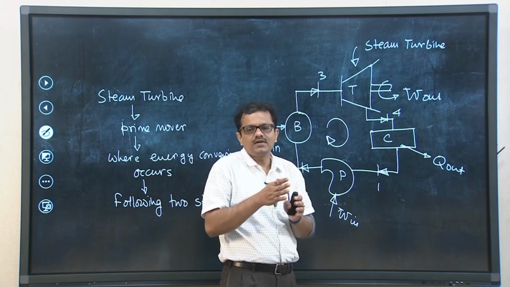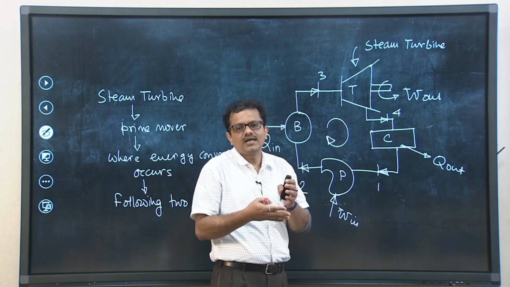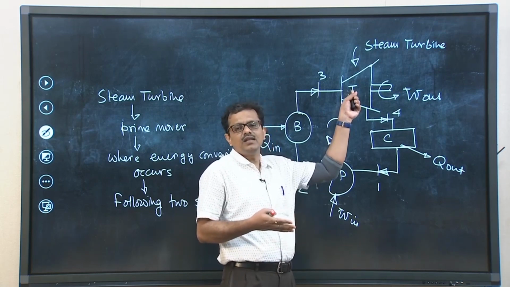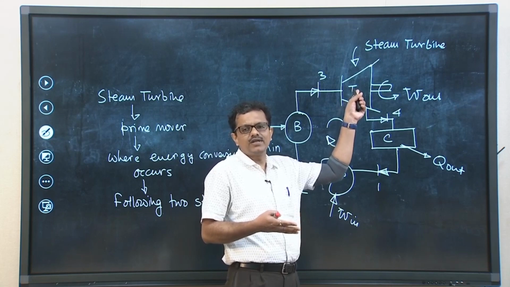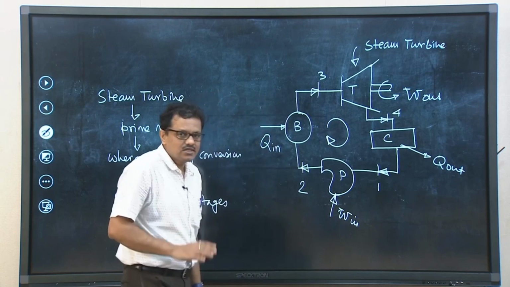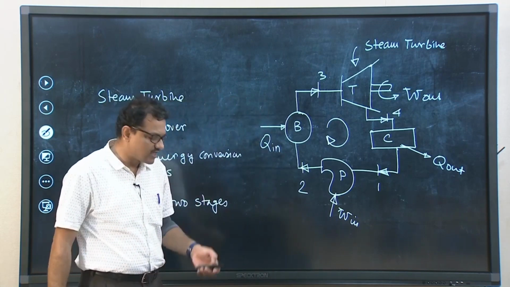blades, it suffers a loss of momentum, and that momentum is absorbed by the rotating part of the turbine, that is the turbine wheel, and we get torque and work output. So, this is how the total energy conversion takes place. So, if I write here briefly